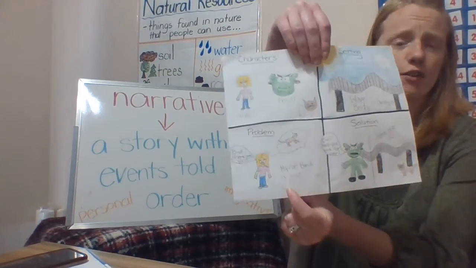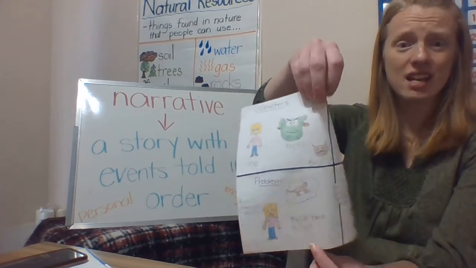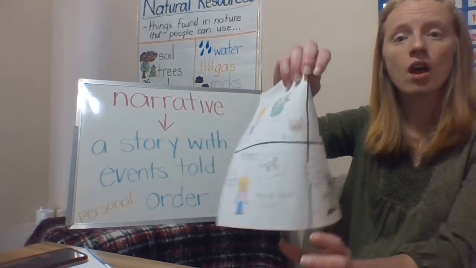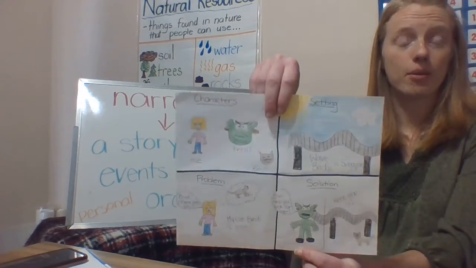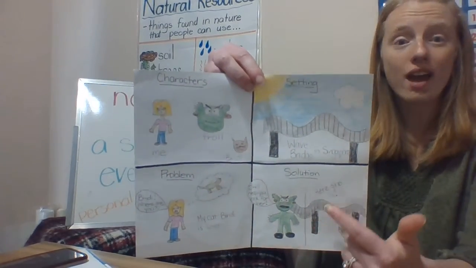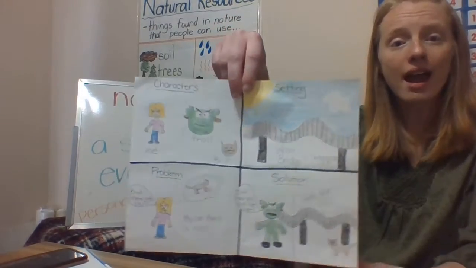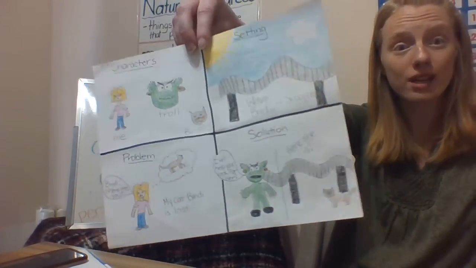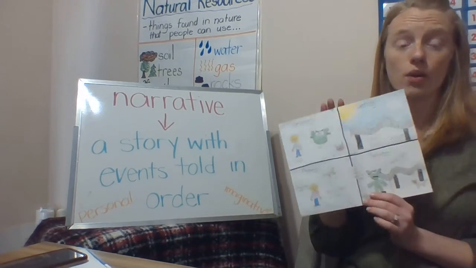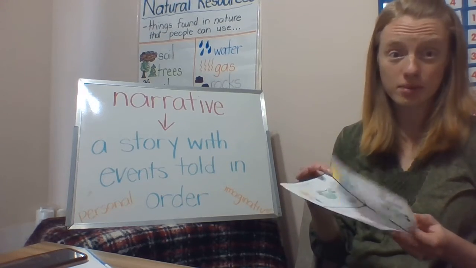Then you had to think of a problem and a solution. The problem in my story was that my cat Bendy was lost and I was out looking for her. The solution to my problem, or how my problem got fixed in my story, was when I got to the Wave Bridge in Singapore, the troll offered to help me look for her, and then we found Bendy under the bridge. So in my story, my troll is nice. He is a kind troll. In your story, your troll might not be kind. He might be part of your problem in your story.